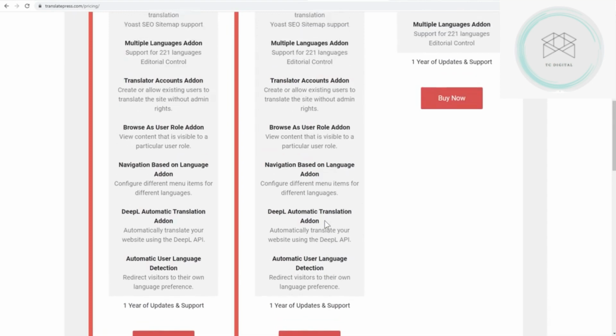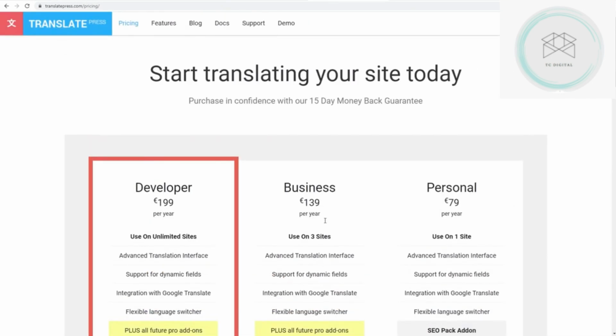So if someone visits you, it'll show them automatically in their native language and also give them the option of the switcher. It's up to you what makes sense for you and your website. But I know for me, I have